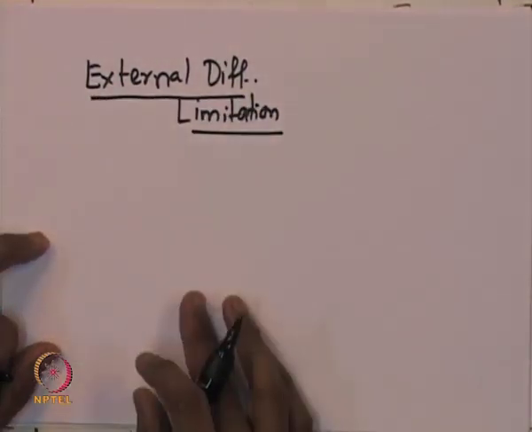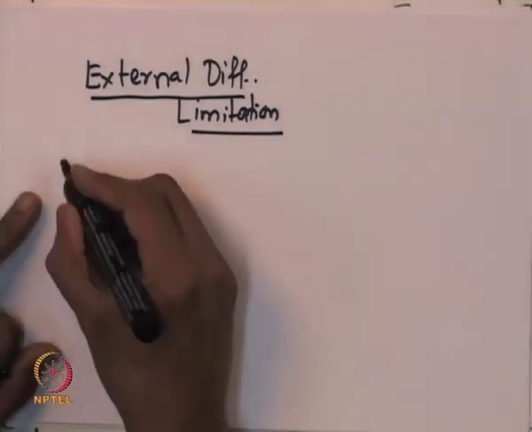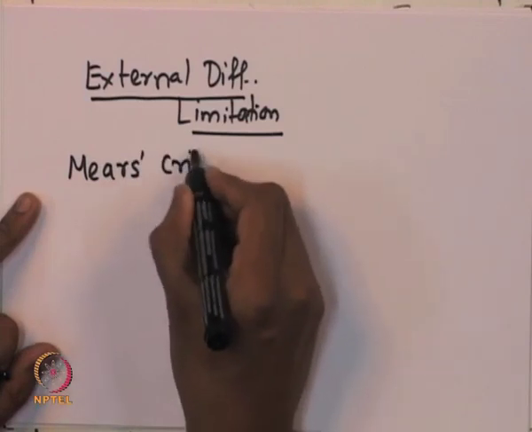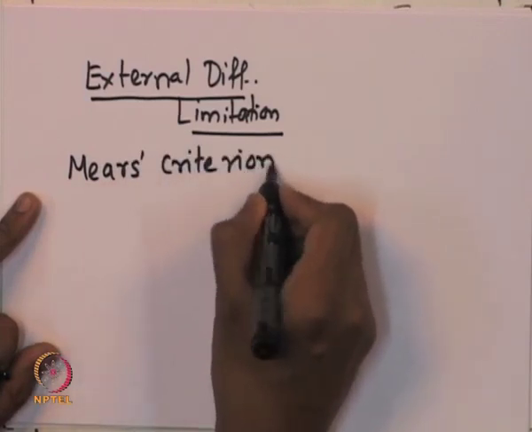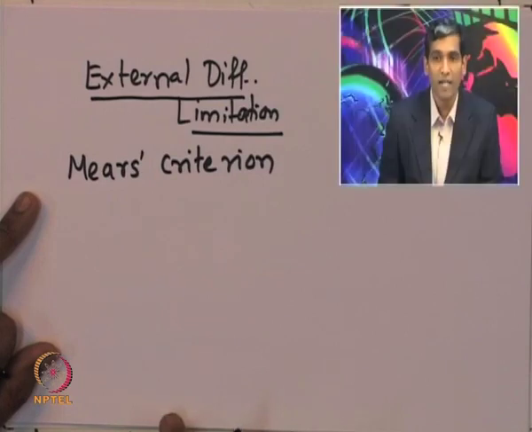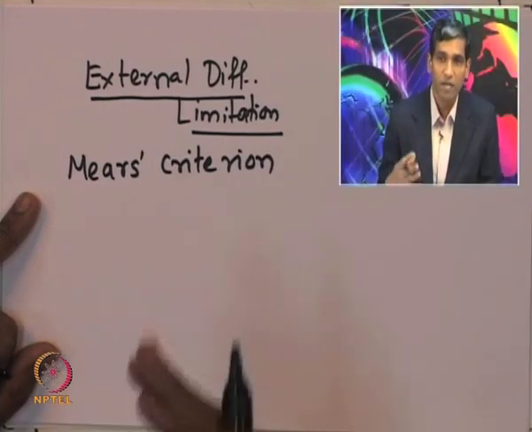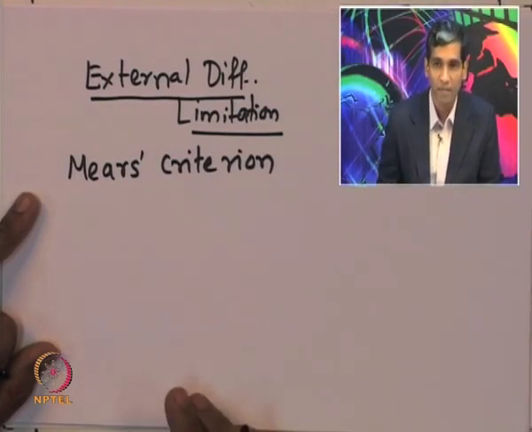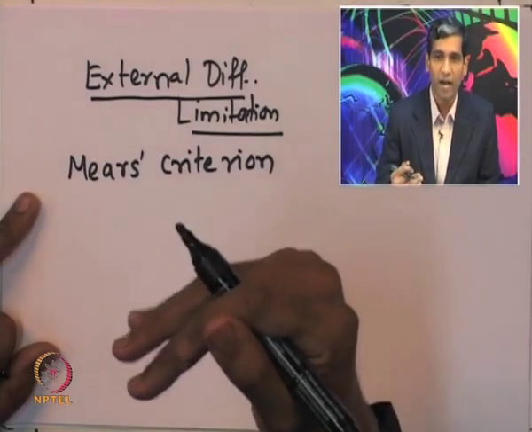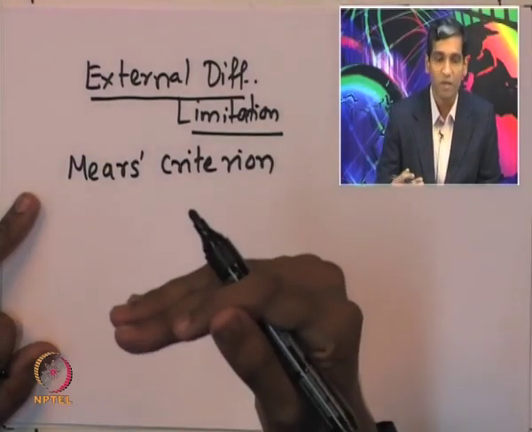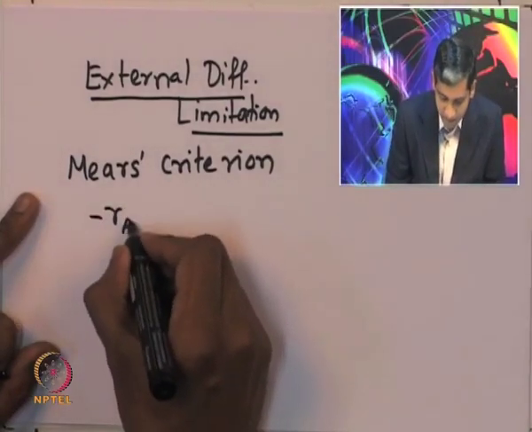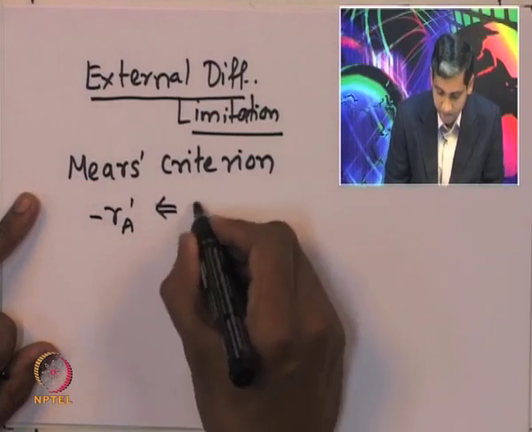So, one has to use a criterion developed by Mears, called the Mears criterion. Mears's criterion can be used to find out whether the catalytic reaction is being conducted under external diffusional limitations, that is mass transport diffusional limitations. That is, is the transport of species from the bulk to the surface of the catalyst limiting the reaction severely? So, the expression is, suppose minus R A is the observed reaction rate,